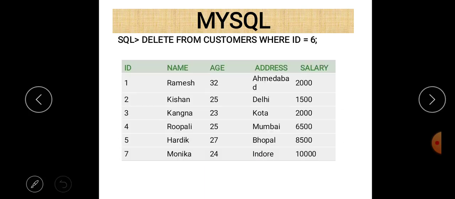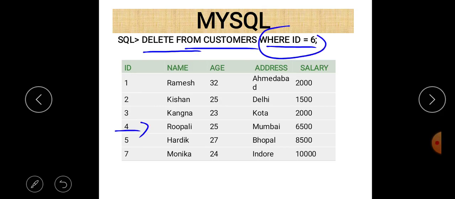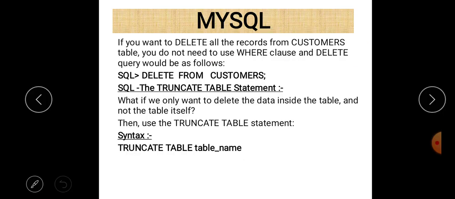Here I use delete from customers where ID is equal to 6. So only the data related to ID 6 will be deleted. You can easily see that ID 6 data is no more here, and if you don't give a where condition, then all data will be deleted. Remember that all data will be deleted, but the structure of the table is still there. So that is the basic difference between delete and drop table commands.